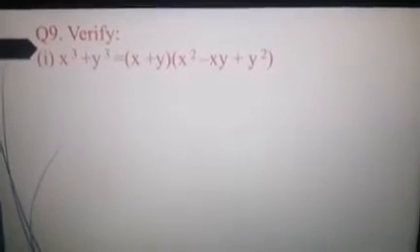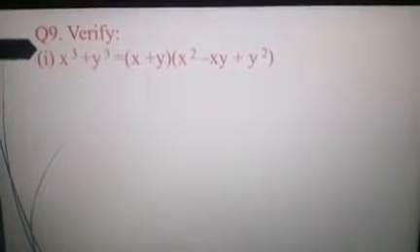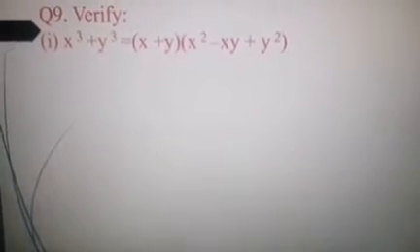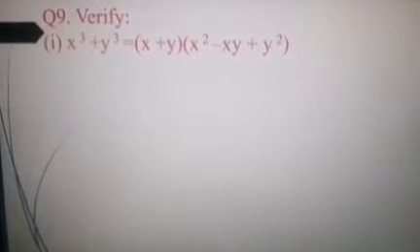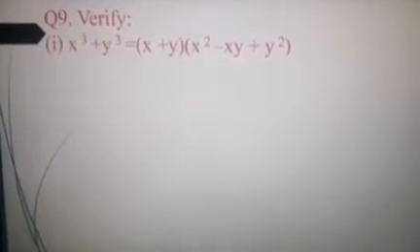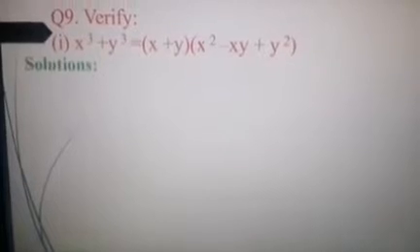So ninth one, here they are asking us to verify whether x cube plus y cube is equal to x plus y into x square minus xy plus y square. See, this is a formula. You should remember this. Okay. So it's a formula. See, here they are asking us to verify this. So it's very simple. Whenever there is a cube, you should make use of cube identity. So here also I'm going to use x plus y the whole cube identity.